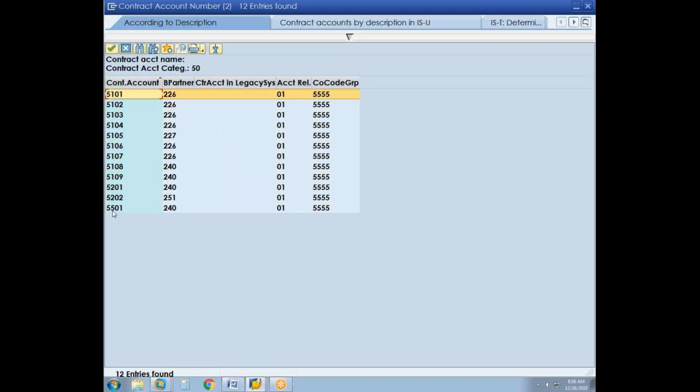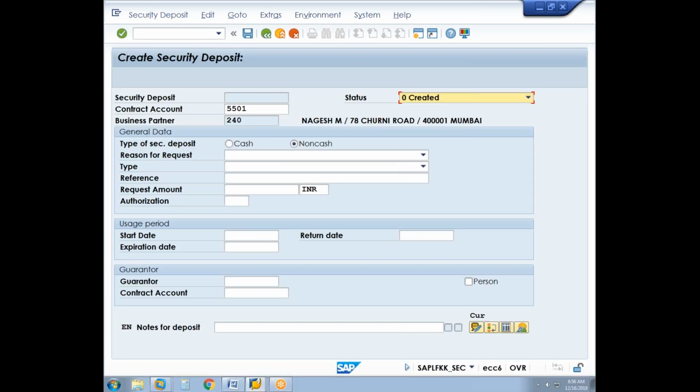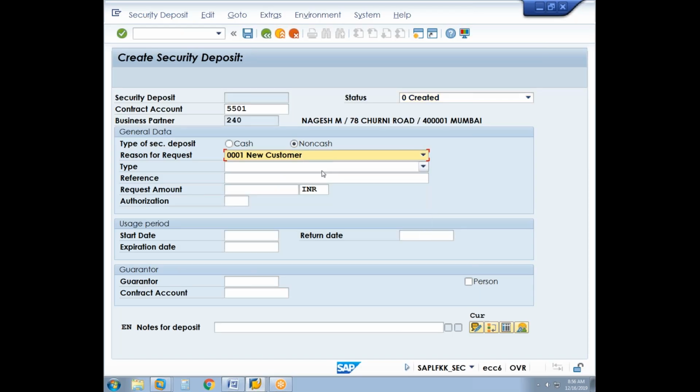We can select 5501 as the contract account and then create. So the type of security deposit is non-cash, and the reason for the request is new customer, and type we are selecting private guarantee, bank guarantee. Request amount is 10,000 rupees, and then starting date is going to be from the